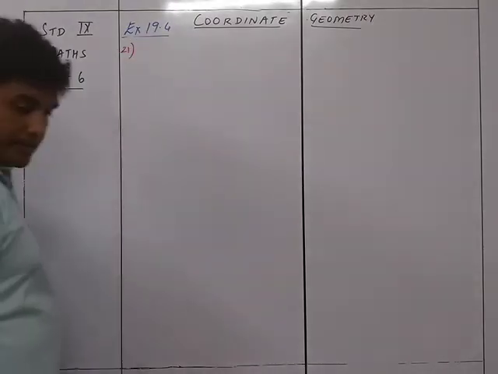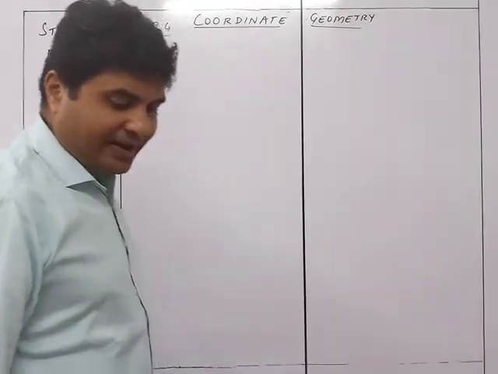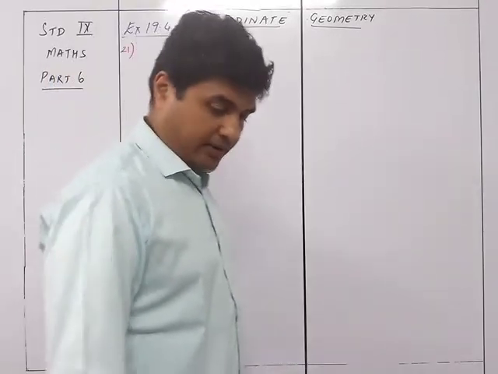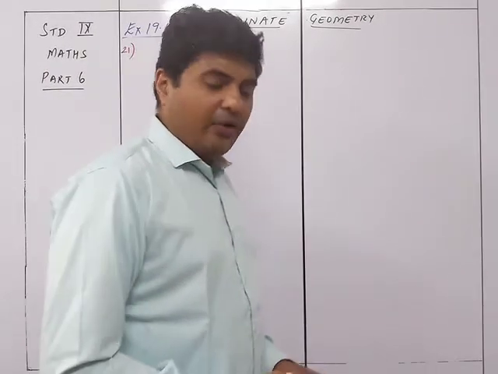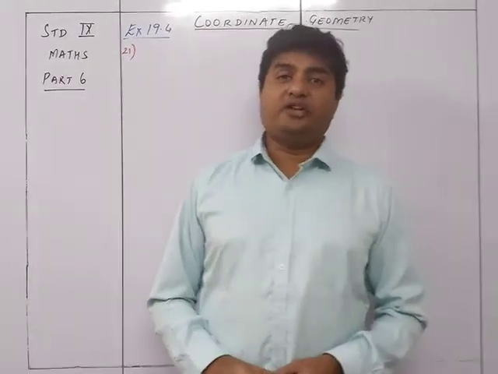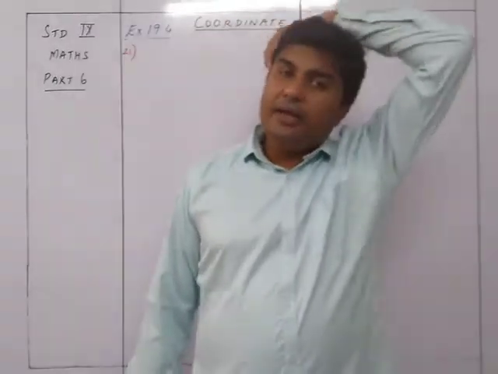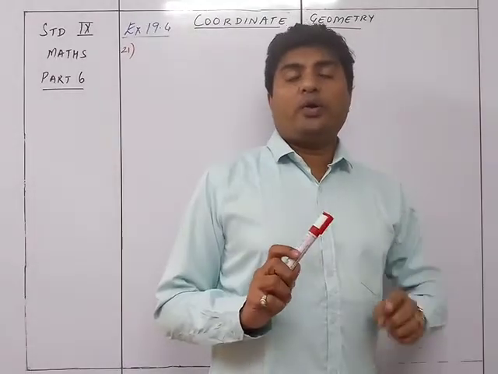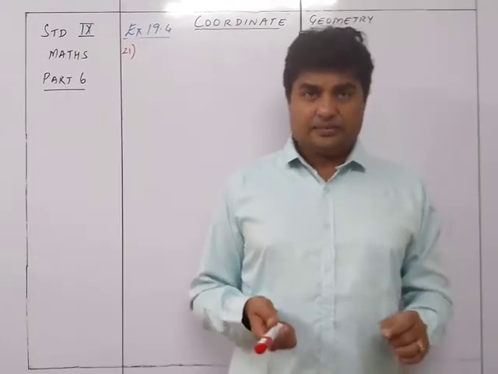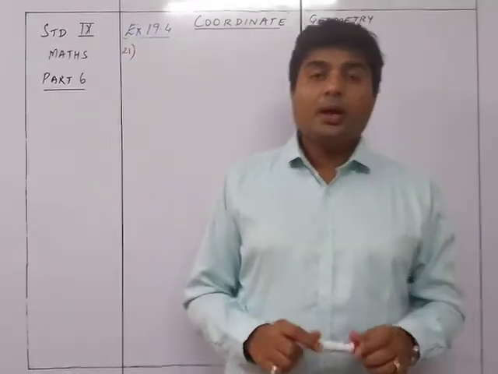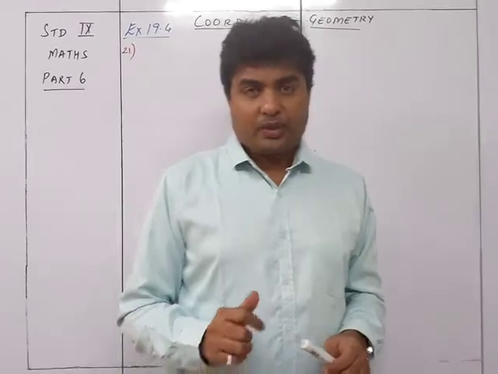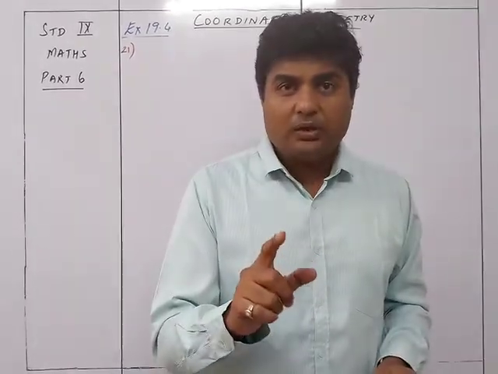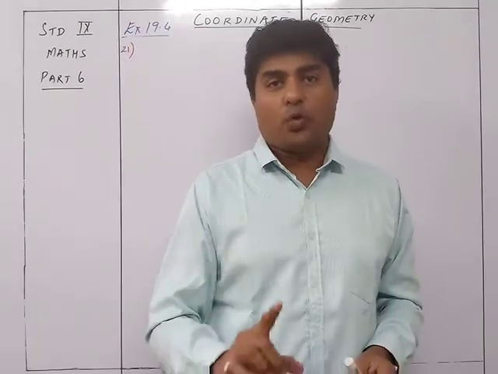Sum number 21. If PQRS are 4 points on the plane, show that PQRS is a rhombus but not a square. Okay, that's it. Now, how do we know the difference between the rhombus and a square in case of distance formula? It's an important thing that we are not only going to find out all the 4 sides to show that it's a square or a rhombus, but we'll also find out the diagonals. So if the diagonals are equal, it is a square.